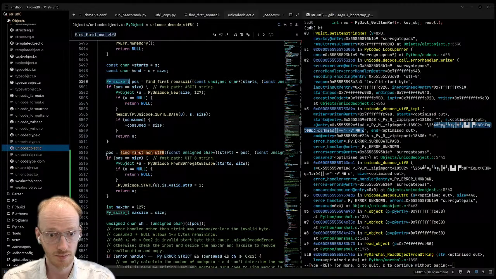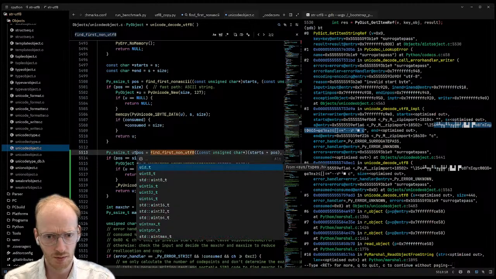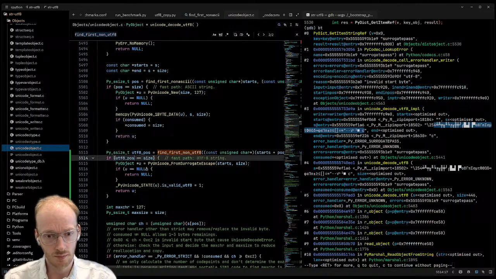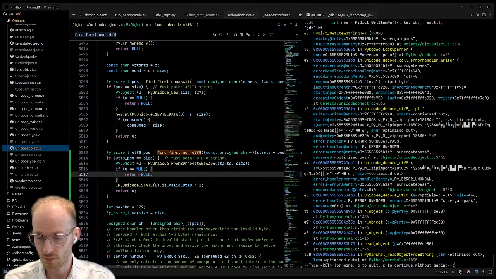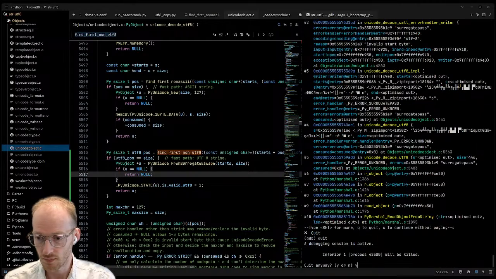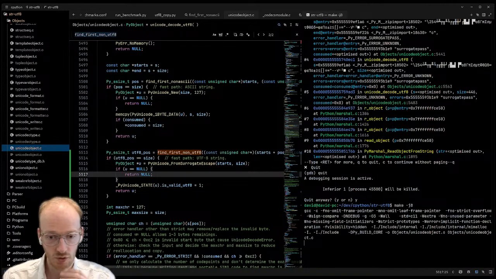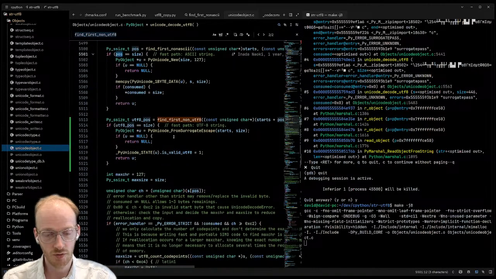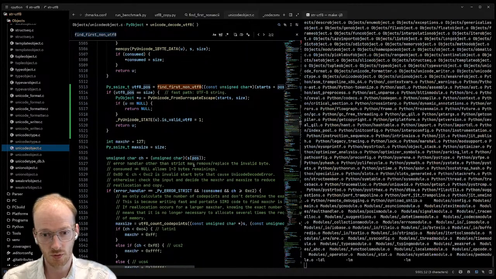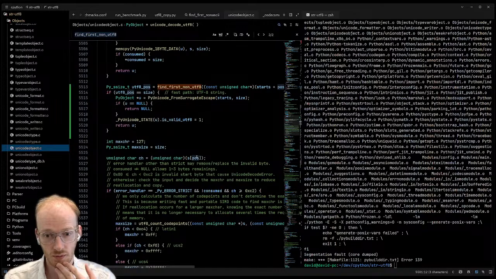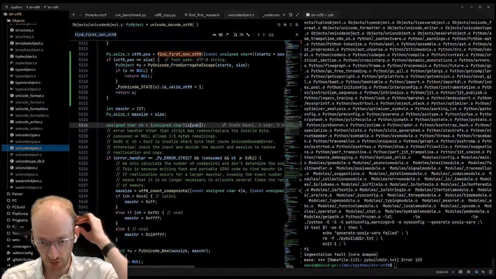You need a different variable here. Otherwise pos is now not a non-ASCII, or it could be, it's still non-ASCII, but it might have gone further on.